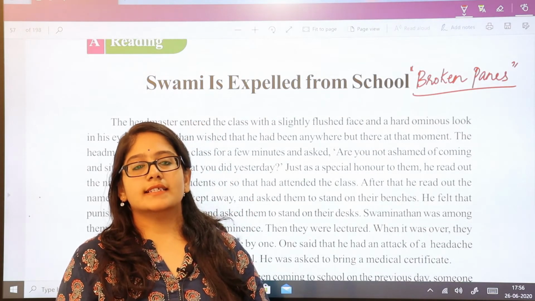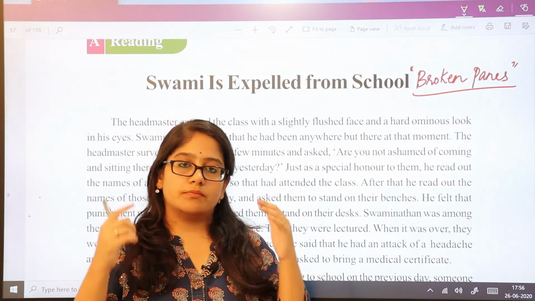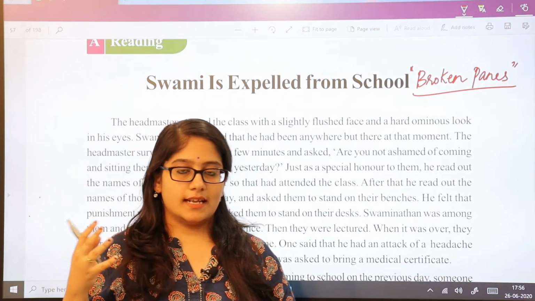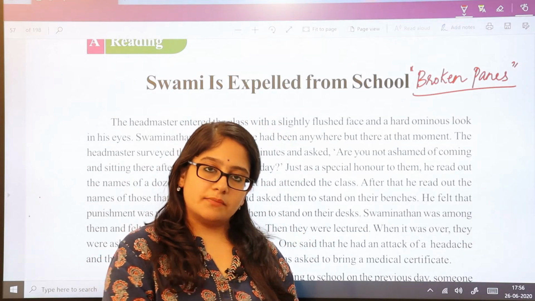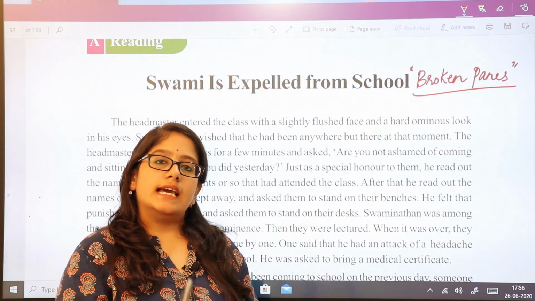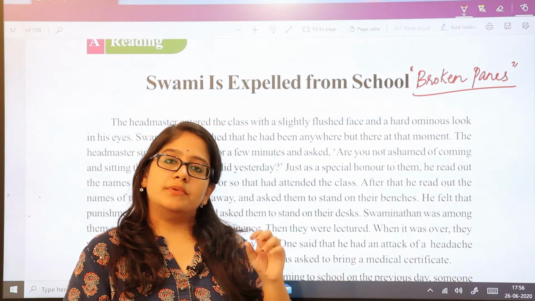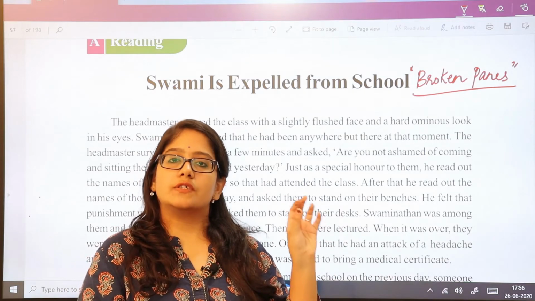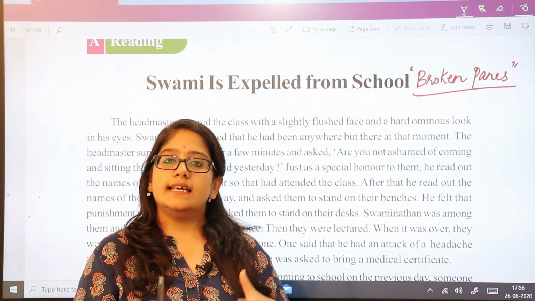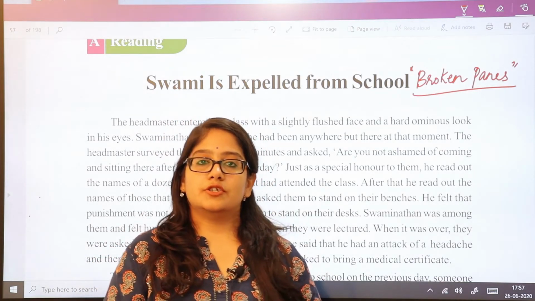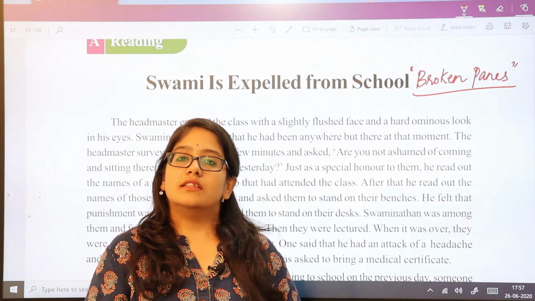Swami finds this quite interesting because he's just 10 years old, absolutely innocent and mischievous at the same time. He picks up the stones from there and hits them at the headmaster's office window. He breaks the window, and while he does that, he thinks he's taking revenge on the Britishers who cut the thumbs of the weavers.